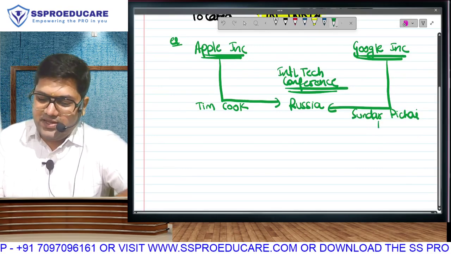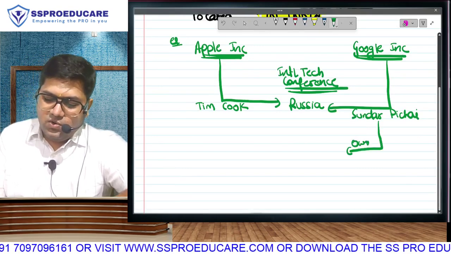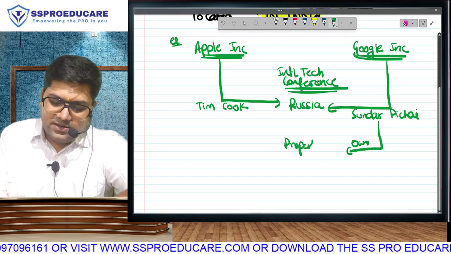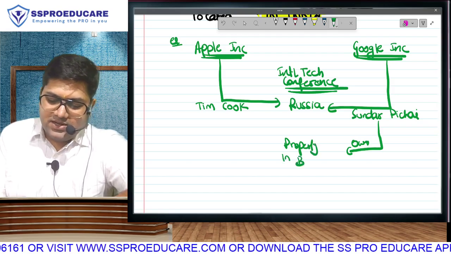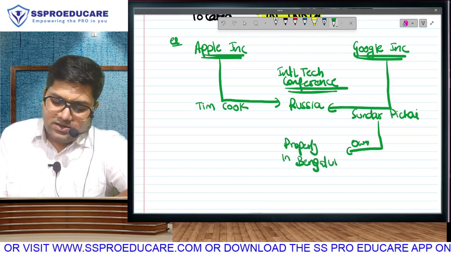Sundar said that we, Google Incorporation, own a property in a city called Bangalore,